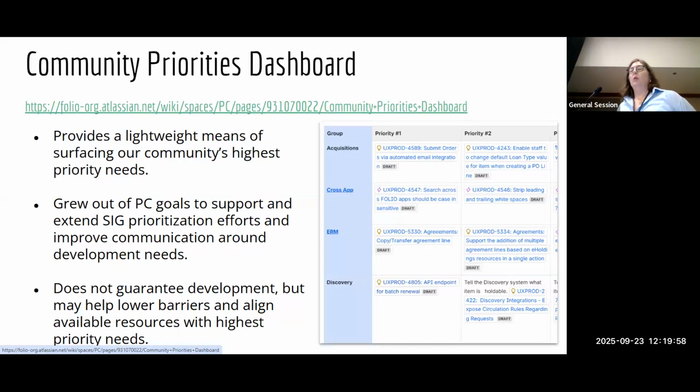Additionally, there were a lot of goals that centered around wanting to surface gaps in the platform and communicate them better so that we have awareness of what they are and consensus on what they are. And also we have the opportunity to align resources to meet those needs. So we came out of this knowing that we needed some sort of a lightweight means of surfacing our community's